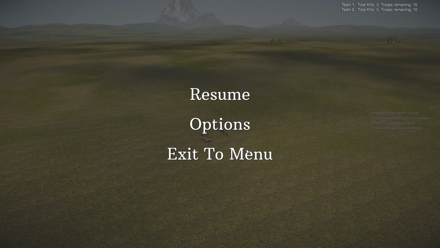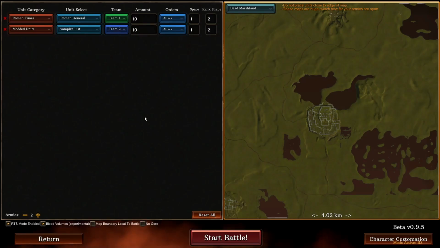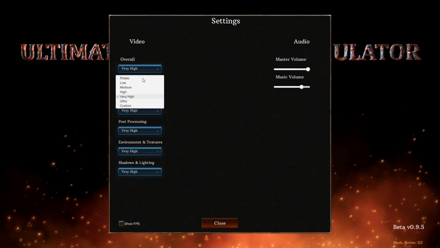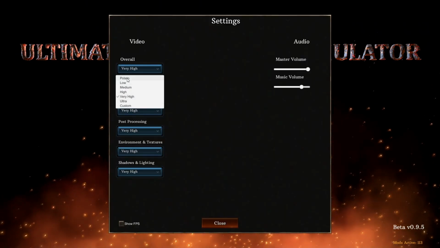So this is how you make this mod in UEBS2 and add it to a game. I'll be confirming that, and we'll be making